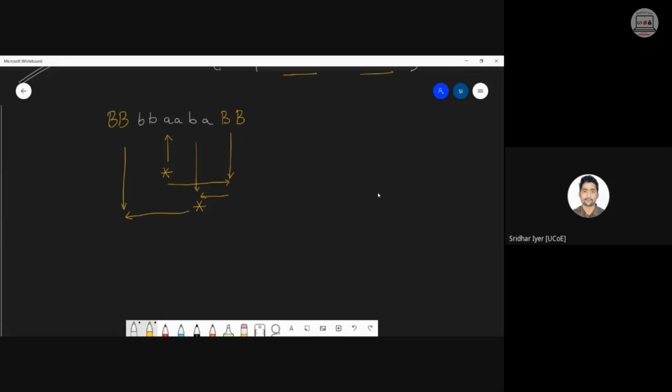So after this pass, you would be having something like this: B, B, star, A, star, A, B, B. यहाँ पे right side पे dot dot दिखा देना. Am I clear? This is one pass completed. So again the machine will restart from this blank symbol से again बीच के सबको bypass करते हुए A तक जाएगा. This A will again be replaced with a star.